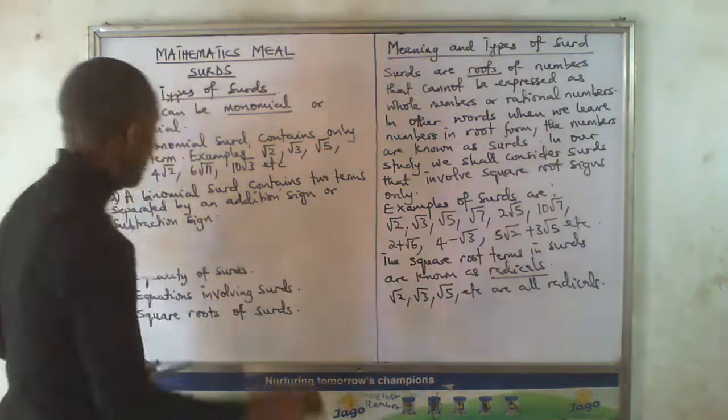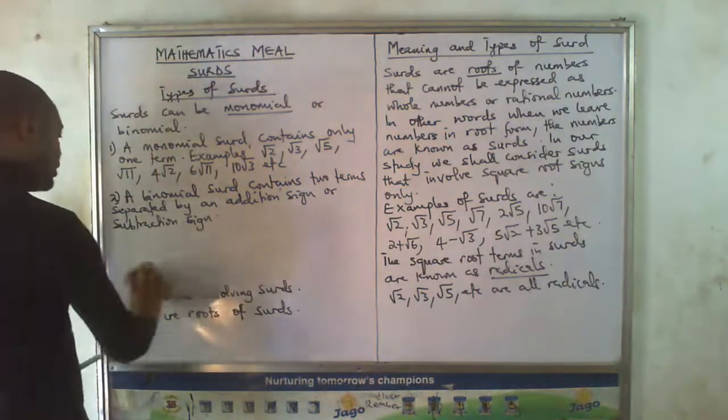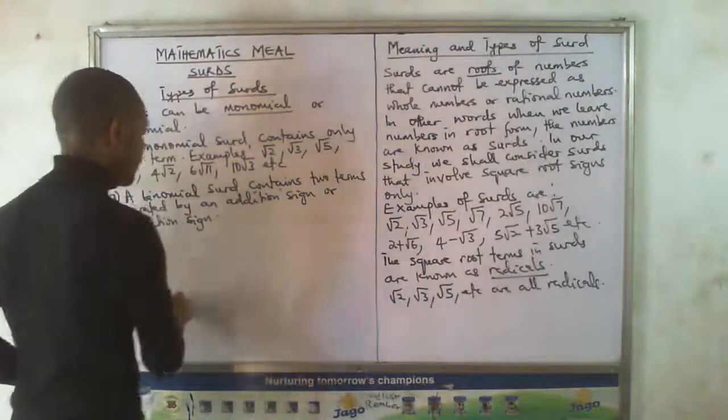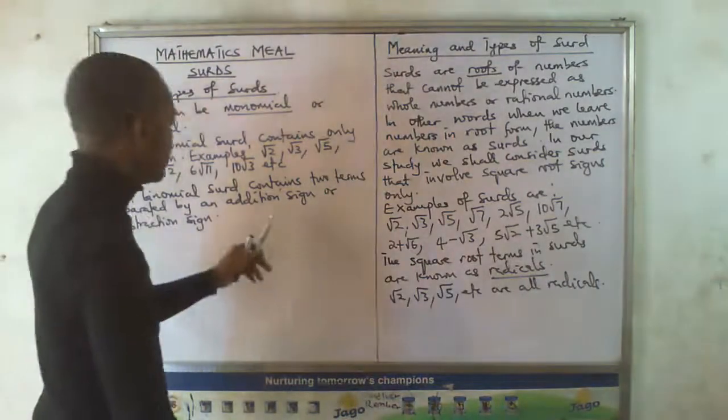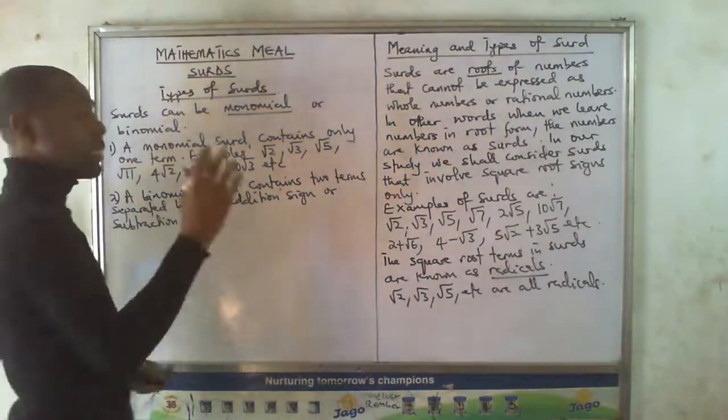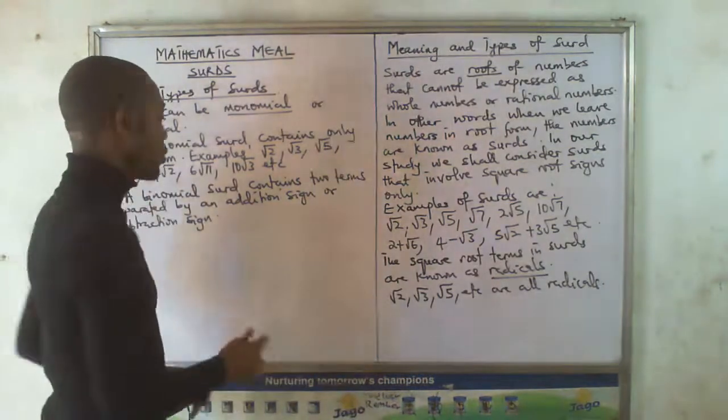So a binomial surd has two terms, and these two terms will be separated by either an addition sign or what? Subtraction sign. There is one other thing that we need to take note of as far as the binomial